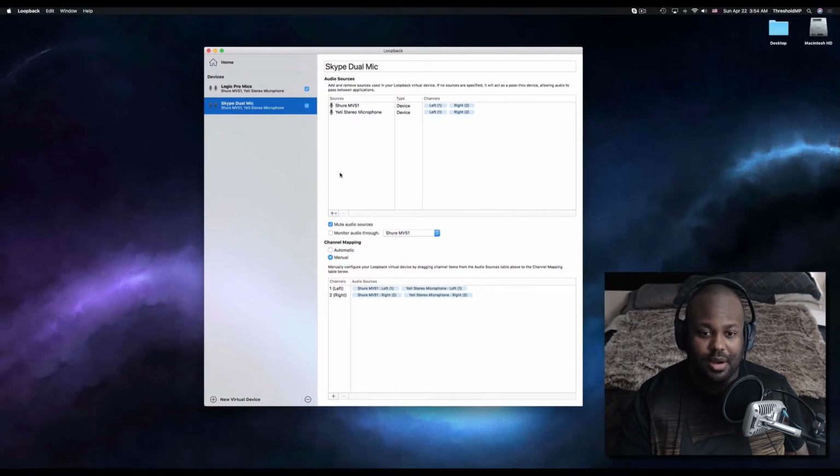Pretty awesome, right? If you want to stop there, you can, but I'll show you what these configurations do. The dual microphone is just for the Skype outbound, right? But what about recording? So what you want to do